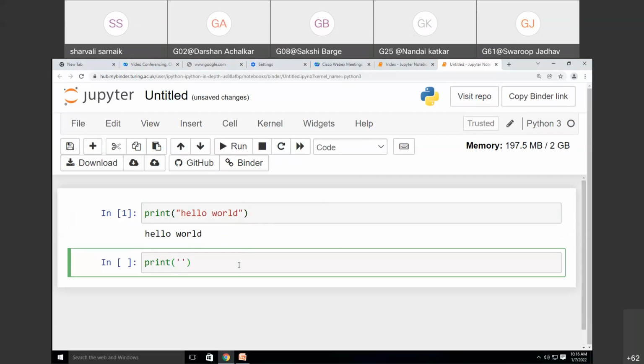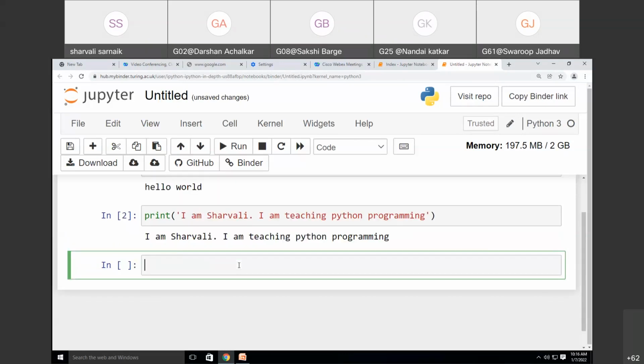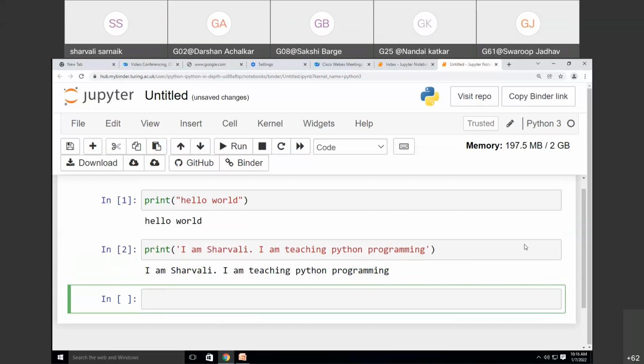So I'm using single quotes, and inside that I'm writing, I am Sharvali, I am teaching Python programming. When I run this code, I'm getting this output. Whatever you write inside the quotes, it will print that. You can use single quotes as well as double quotes.